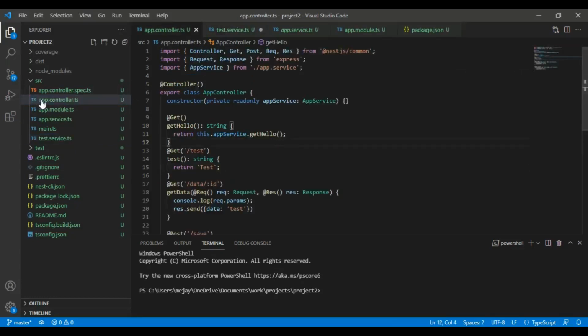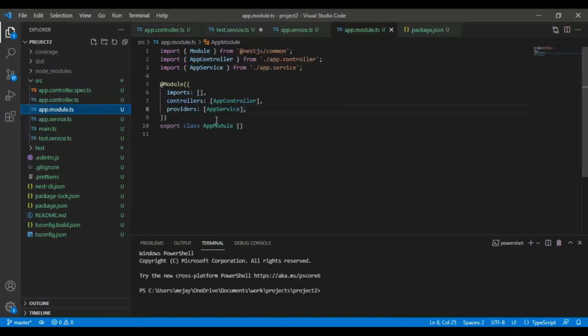Before that, you need to import and add your service in the module so that your dependency injection will be resolved, and then you can use this service anywhere in your application.